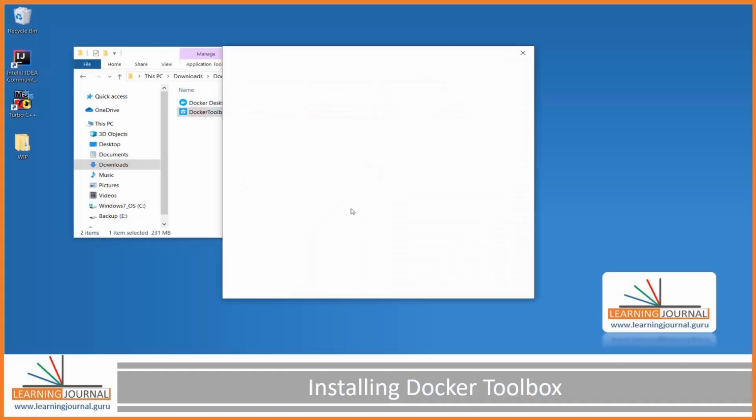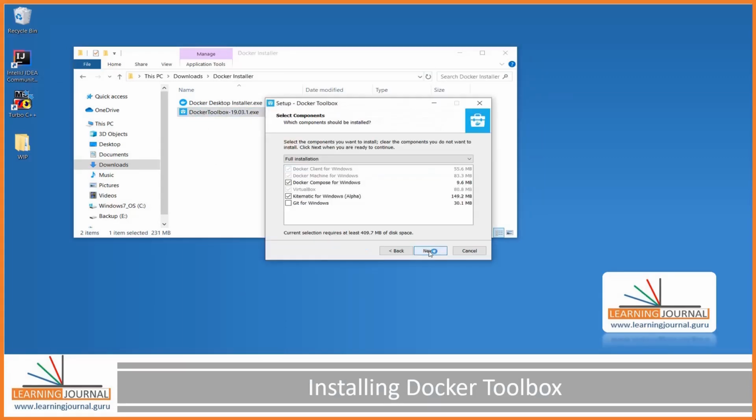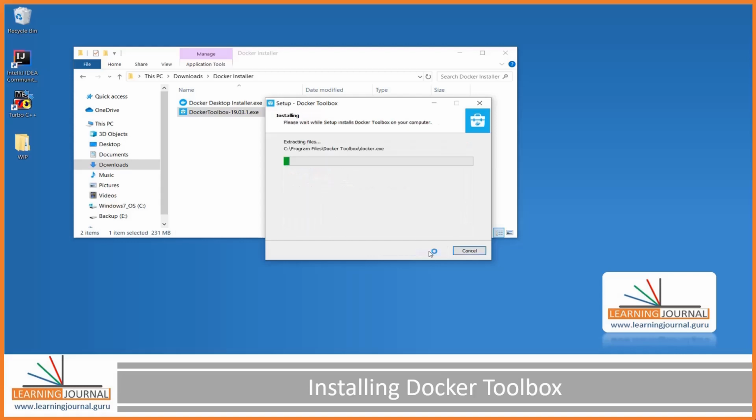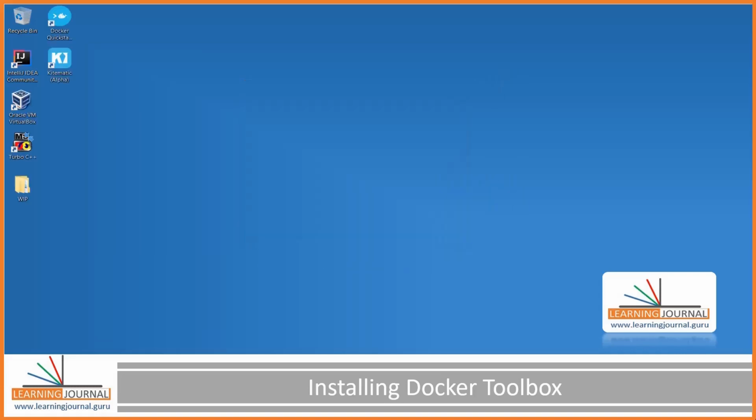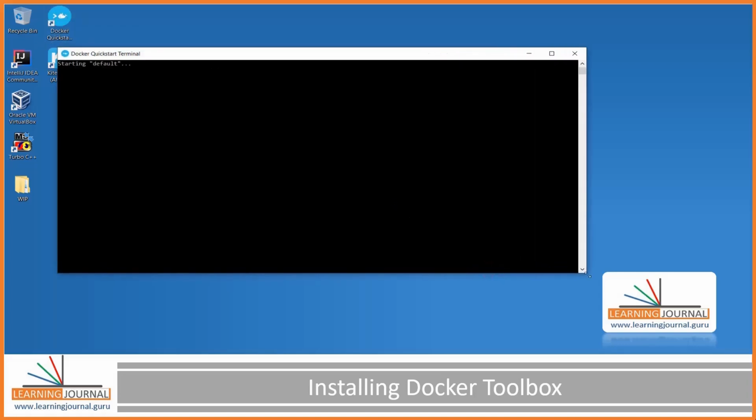Installing the Docker Toolbox is straightforward. All you need to do is to keep the default options and select Next. Once your Toolbox installation is over, you should see a shortcut for Docker Quick Start Terminal. And that's your starting point. Double click and wait for the terminal to start.